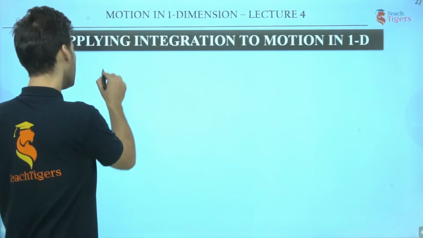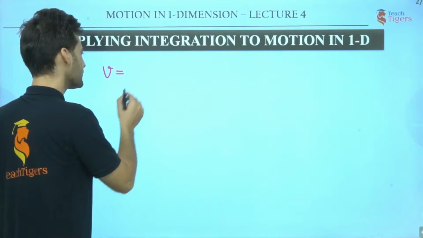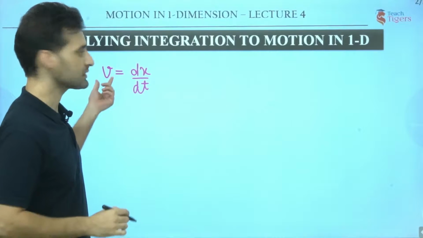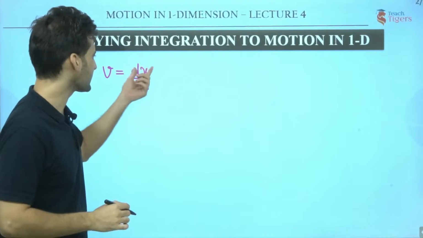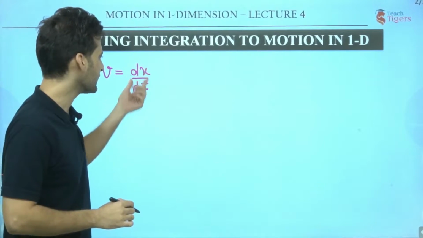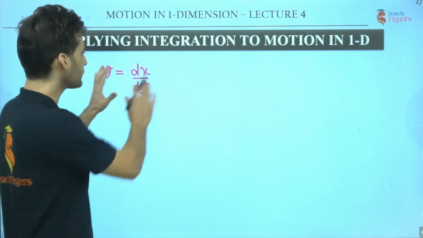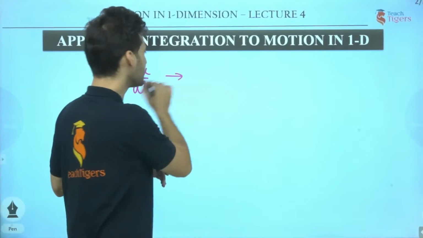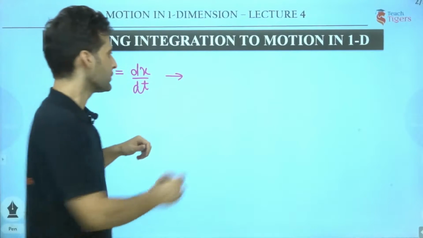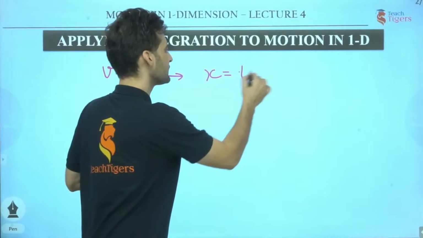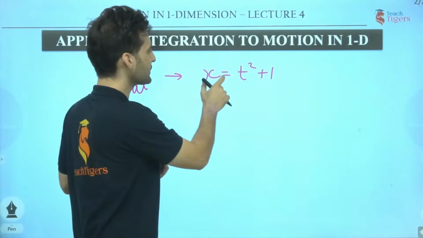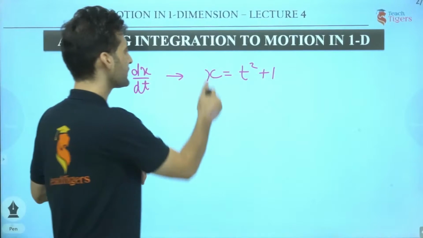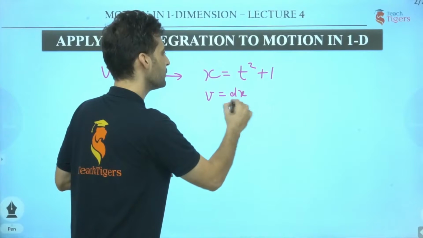Now, if you remember, हमने एक formula किया था. What was the formula? That was v equals to dx by dt, isn't it? So velocity, this was instantaneous velocity और ये क्या था हमारा? This was dx by dt, rate of change of displacement. If you remember over there, how did we apply this formula into the question? If some relation is given between x and t, so here we could apply this formula and use it to get the value of v.